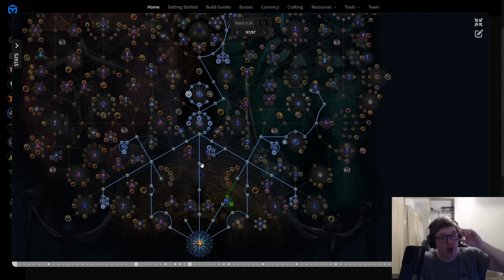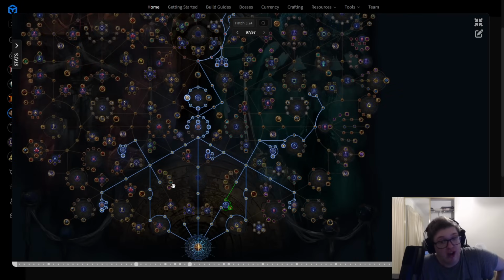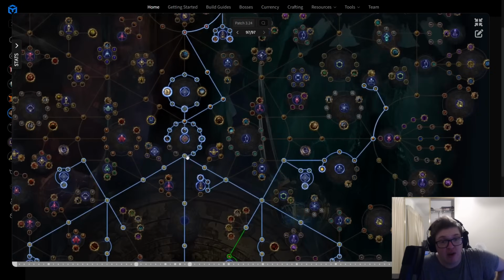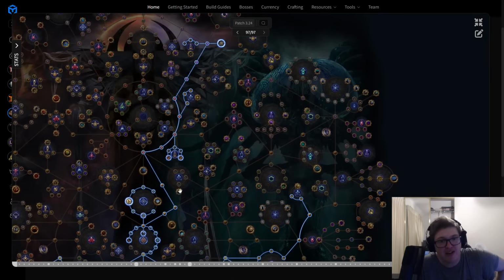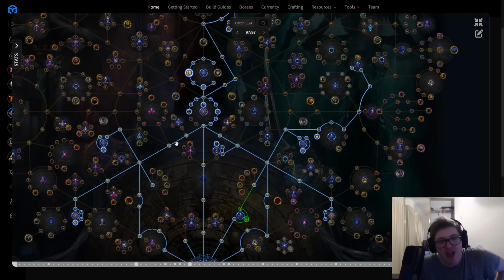And this right here is the atlas passive tree which I am going to use. This is going to be a little bit different than a lot of other people's, but the general vibe is that you make a full-on beeline to the Kirac nodes here, grab this entire half of the wheel and this node here, and then make a turbo beeline, ignoring everything else, up to Unwavering Vision, grab 20 Atlas points for free, and then you're going to want to head